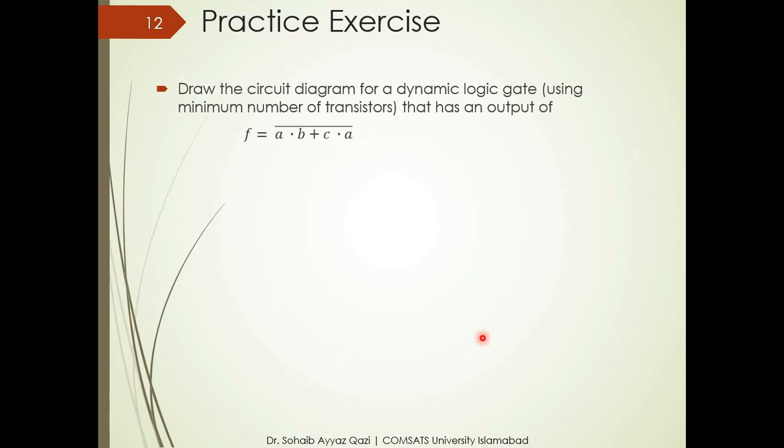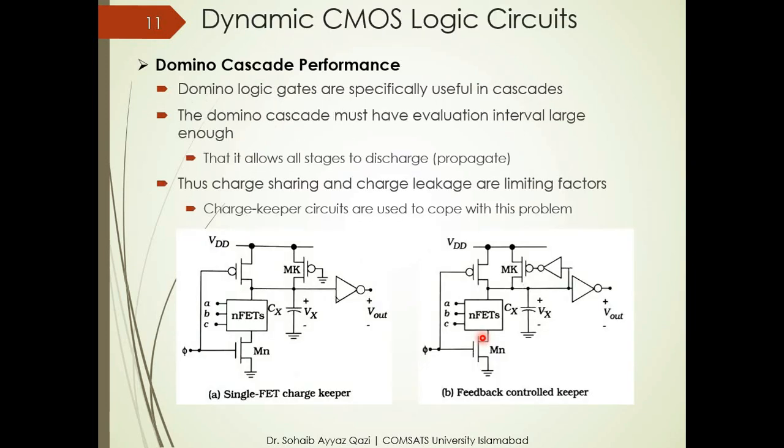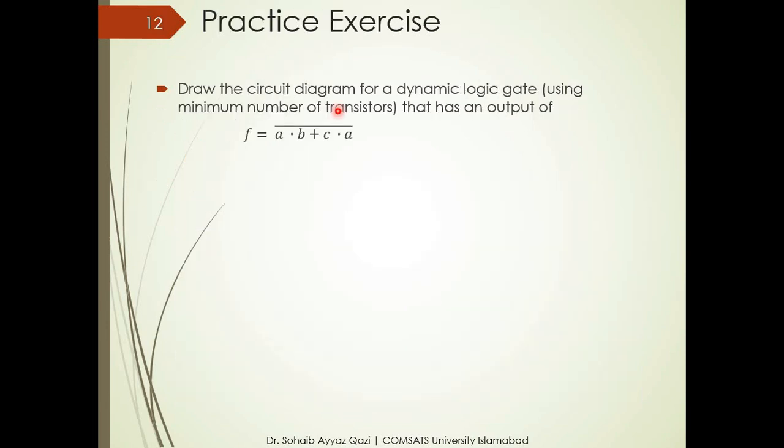So this was it for our dynamic CMOS logic circuits. We have seen two different types. One is our normal dynamic CMOS logic circuits, and the other one is our domino cascade circuits. And we have also seen how our charge keeper circuits can be used to keep the charge at our output nodes. So I will leave you here with a practice exercise which says that draw a circuit